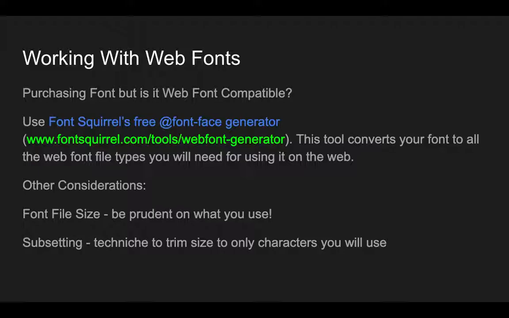So what subsetting does is you buy your font, take it out to Font Squirrel, and say, okay, I only need the letters in whatever the name of your website is. Because you're using just that font, just the letters that are in the name of your website, or the logo, you get the idea. And Font Squirrel will trim down that web font and give you a file that only has the characters that you need. That's prudent. It's smart. And then if you ever want to use more characters, you go back out to them again, you recompile it, and they send you a new file. Okay,